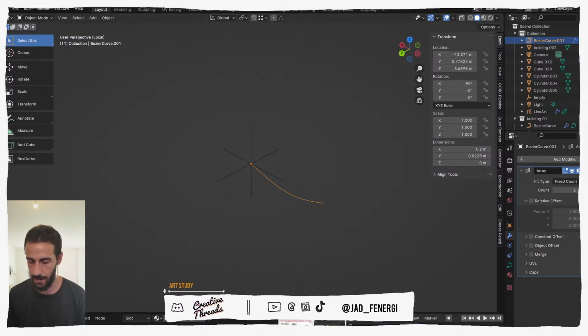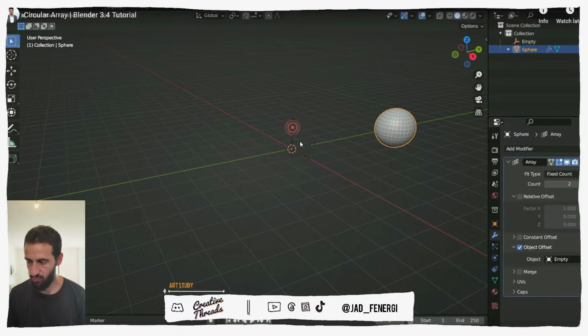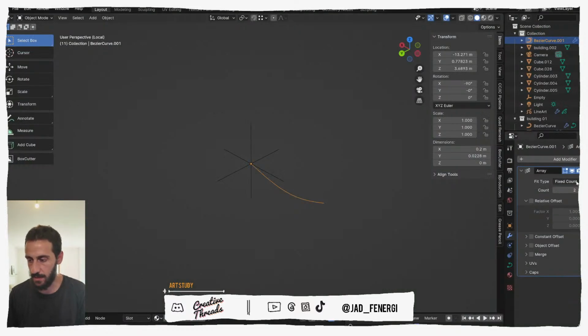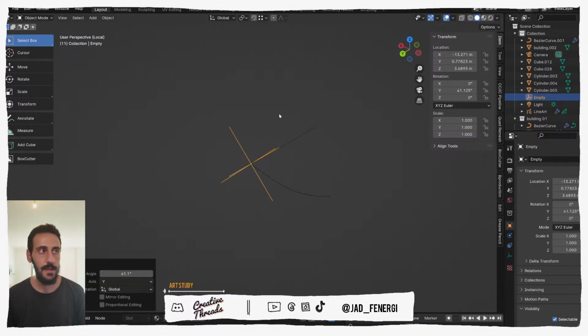Let me see, do they have? Determine how many and dropper. It says a fixed count with the object offset. This is it. That's the only thing. So object offset on the empty, and now when you rotate the empty on the Z, you get this. When you rotate the empty on the Y, you get this. So I think it was a scale issue. It was mostly a scale issue, but